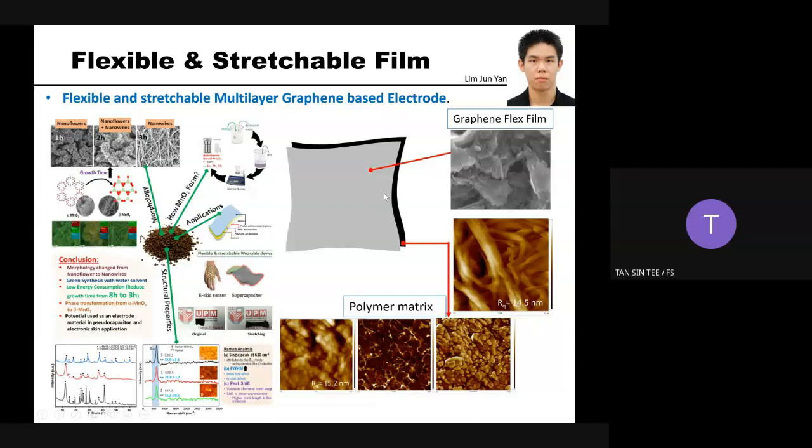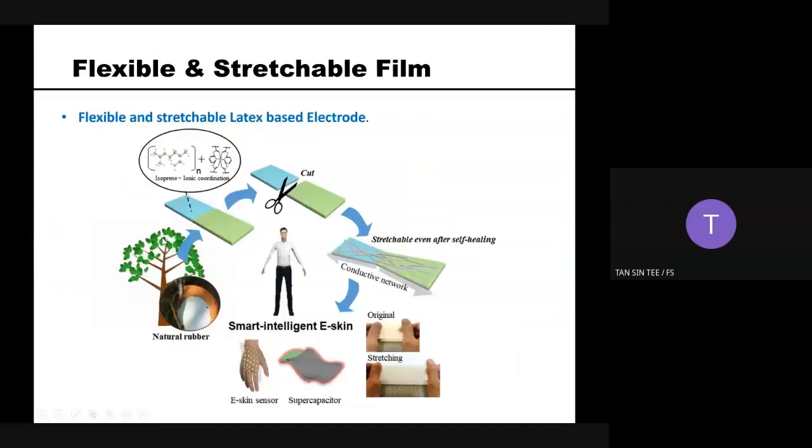So we will use it to replace the carbon cloth that we always purchase for the textile supercapacitor. This is one of the images showing the original size. We are able to stretch our graphene electrode to a stretching angle, and later it returns back to its original state, and the conductivity doesn't change much. For further discussion about this, you can approach me.